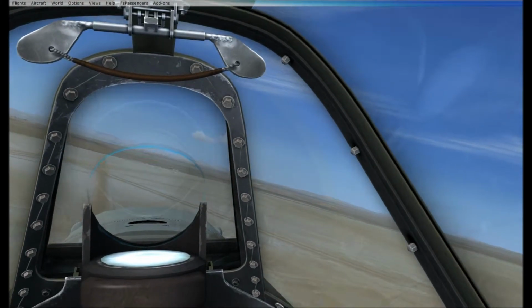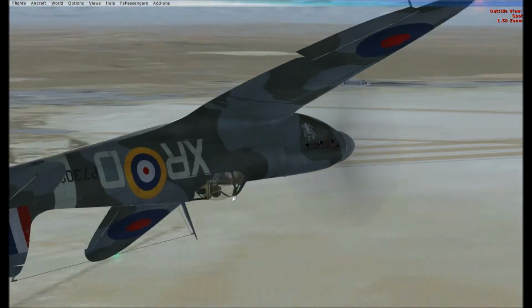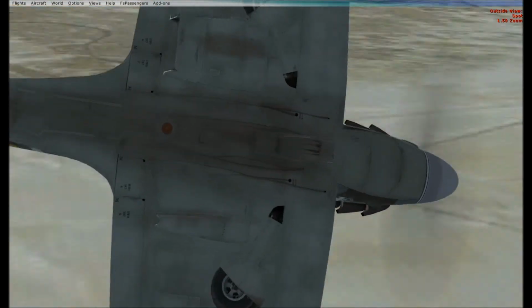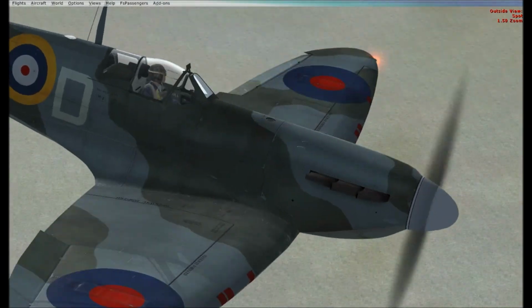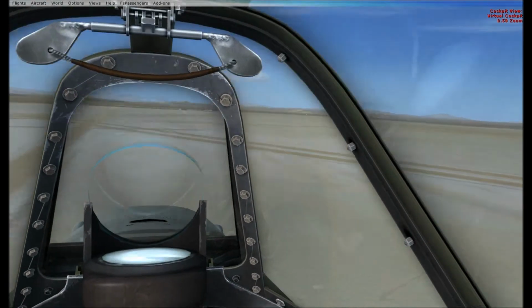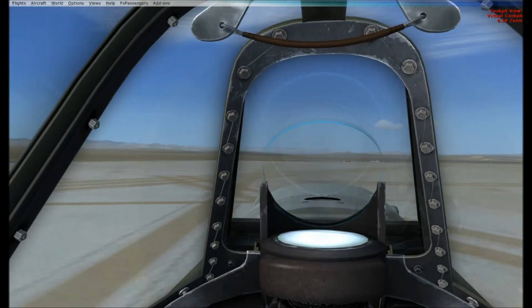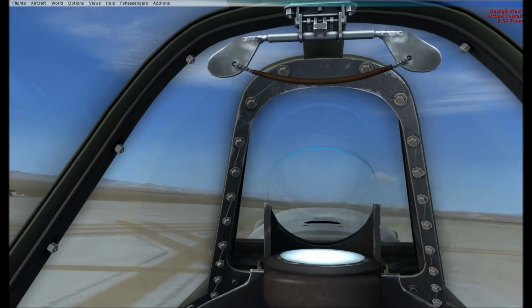Oh, I forgot to mention who this Spitfire is from, guys. This is actually from our good old buddies at A2A Simulations, where they do some great airplanes. I gotta say, whoa. The reason you heard the Spitfire engine cut off there is because when we fly inverted,